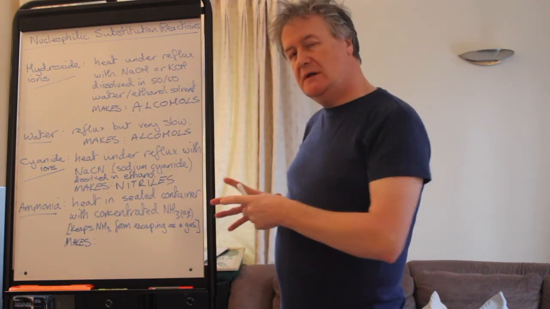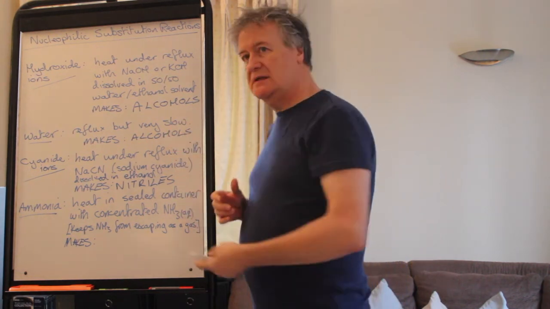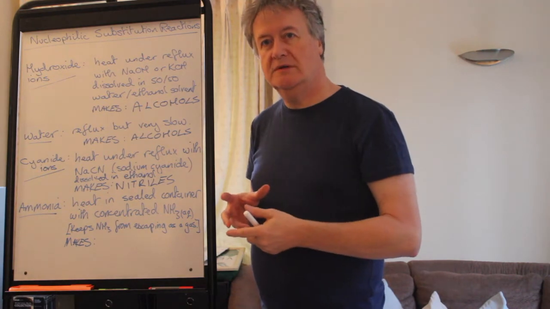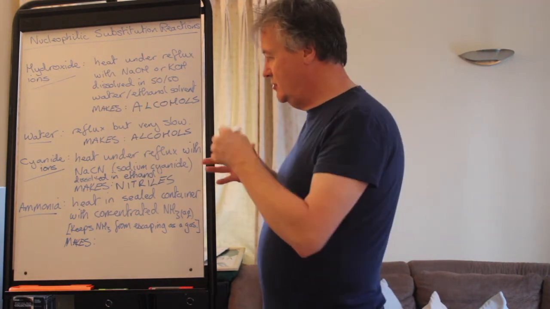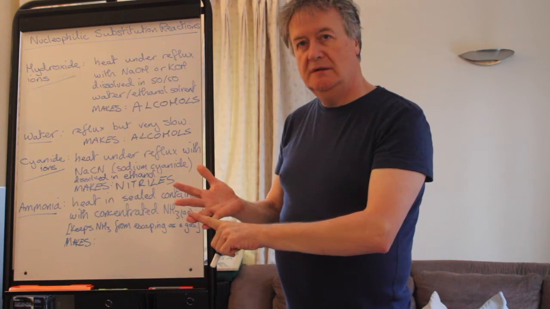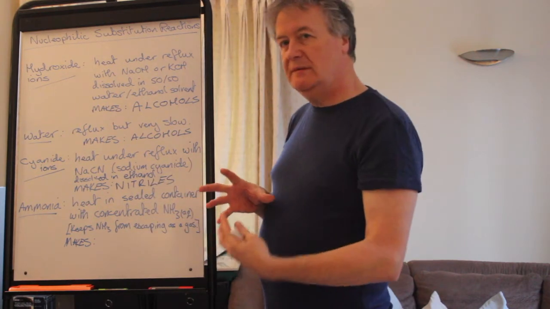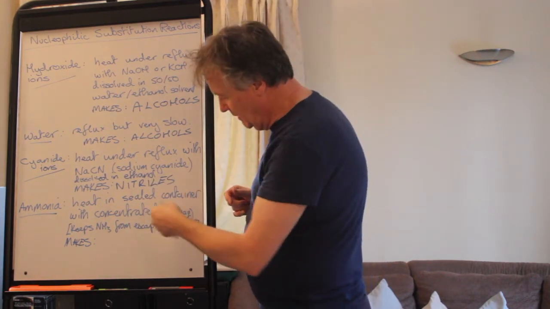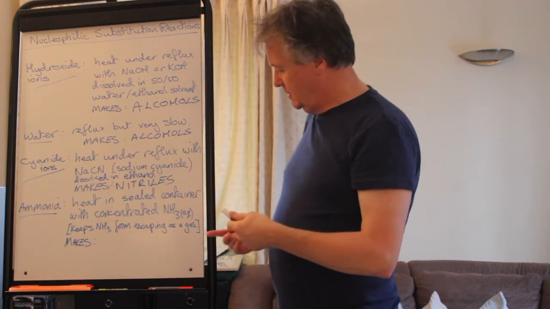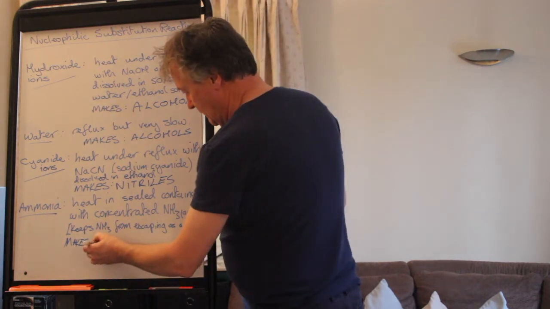And ammonia. Ammonia is the only one that's different, because ammonia at room temperature naturally is a gas. If you refluxed it, it would come out of the liquid that is in the reflux, and it would just leave the top, because it wouldn't cool down enough to be condensed. So you can't reflux with ammonia, because you don't want to be, A, losing your ammonia, B, it's not good for you to come into contact with large amounts of ammonia. So it's done slightly differently. You seal the container up, it's often done in a tube, and concentrated ammonia solution, so there's plenty of ammonia, and like I said there, stops you losing the ammonia. So it's the only one that's not strictly a reflux, and it makes